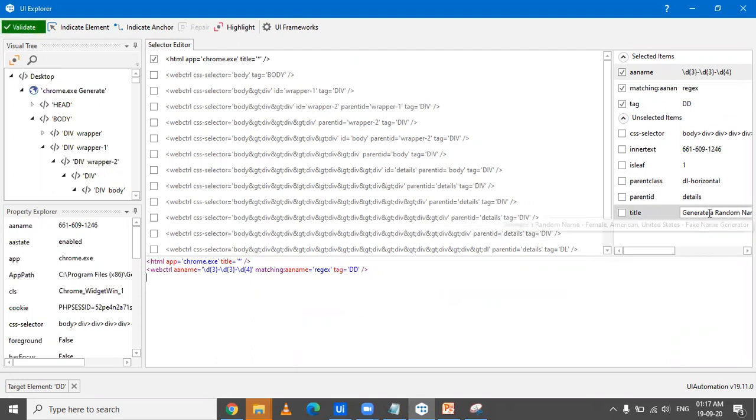So it's just because the title is getting changed, and I've replaced the whole title with an asterisk, which means whatever title comes in, it would take it in. But yeah, it's obviously not suggested, because if you have two or three tabs opened, or maybe more instances of browser opened, then the bot would get confused on which particular instance to go to and which particular instance to highlight.